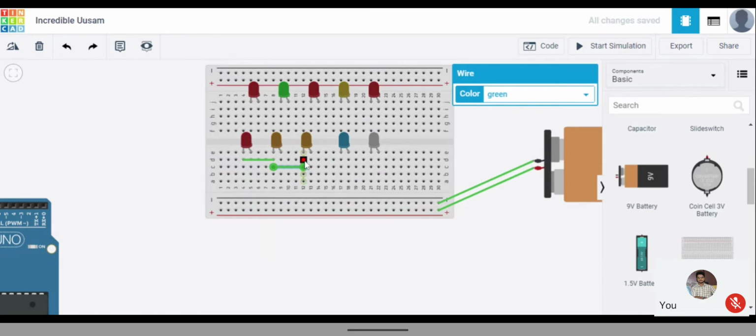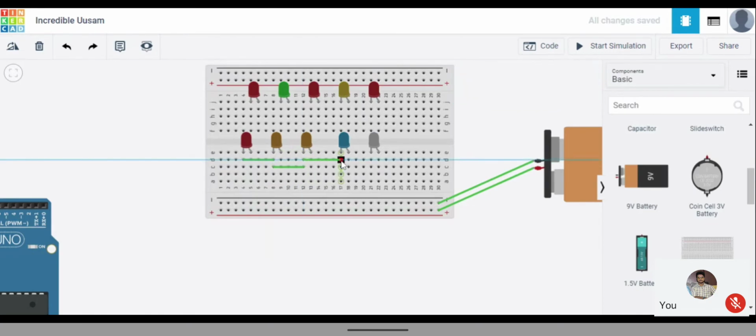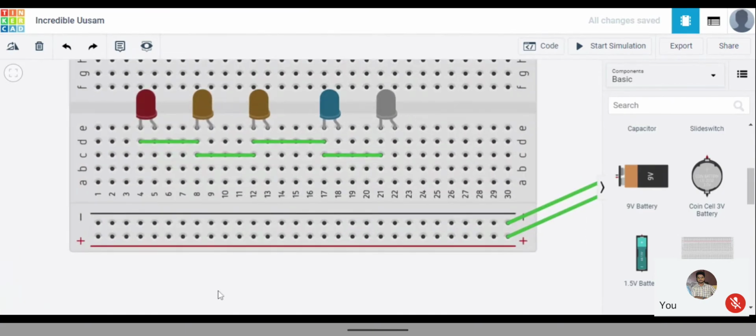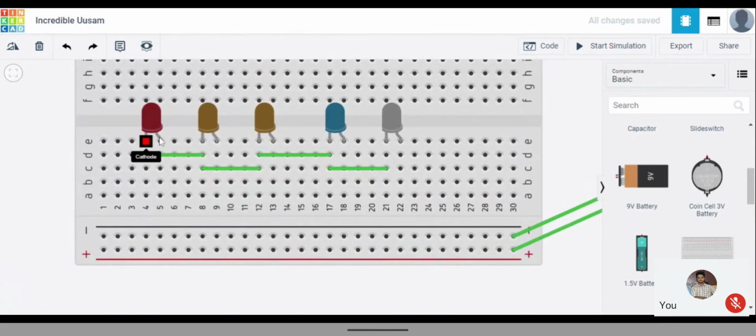In the same way, I'll connect one more from here to here, and from this negative to this negative. See the connections, there is no complication, right? On the left, I have connected cathode to cathode, and from the same cathode to another cathode, and that to another. So the negative is done.